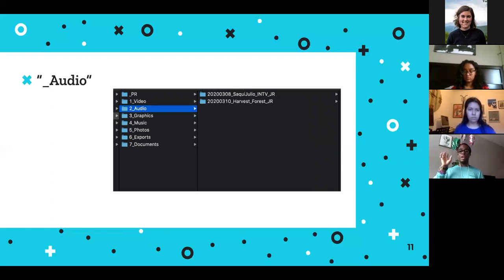So if it's not automatically coupled with video, it'll go into your audio folder. And you'll want to use the same naming conventions as you did for the video. Like I said, it just makes it really easy to access things. And in the future, it'll be easy to find things if you ever want to go back to projects,